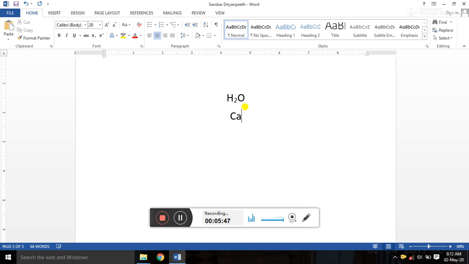Now see CaCl. If you want to write 3 here, that 3 is also a little bit below the actual line. Select that 3, and while selecting that 3, click on the subscript option. Now student, next, if you want to write a formula like (a + b) whole bracket squared is equal to, such a type of formula.